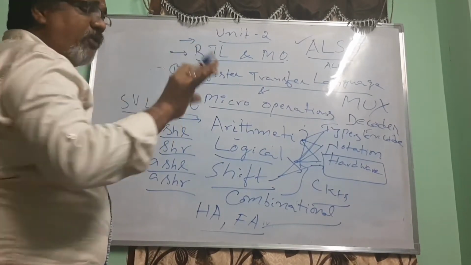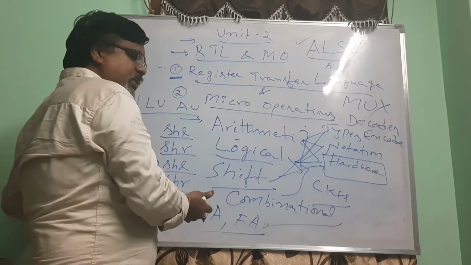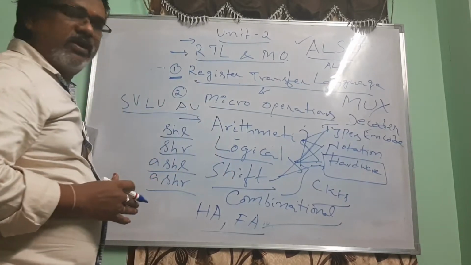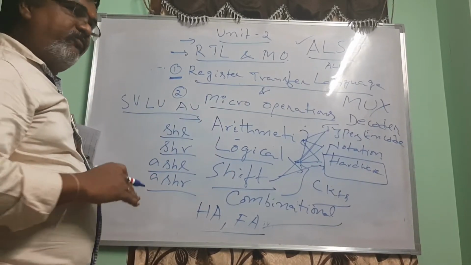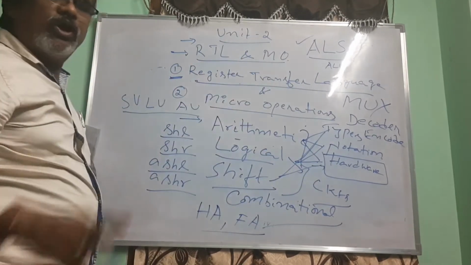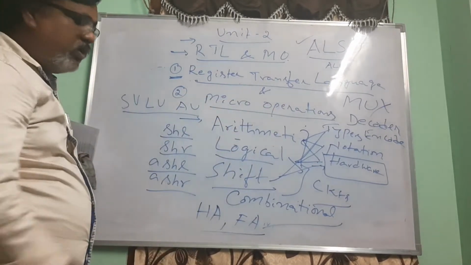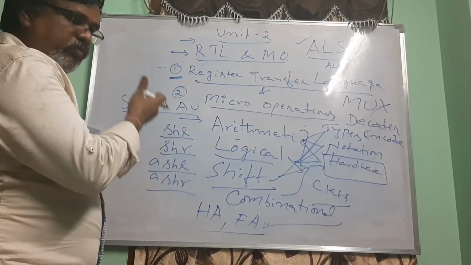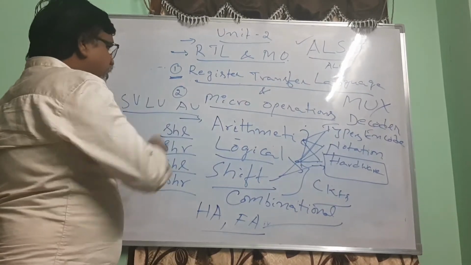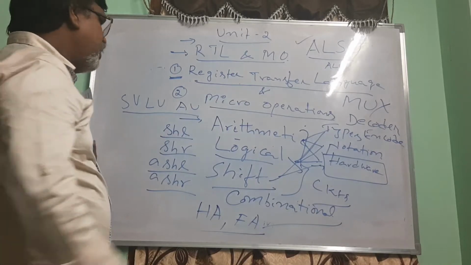After the end of this second unit, you should be familiar with this. This is the objective of this unit. If anybody asks you whether you have completed unit 2 of computer organization, and you want to say yes confidently, you must be well acquainted with all this. Then only you can say confidently that you have completed unit 2. These are the various points you must be familiar with by the end of this unit. These are the various topics in this second unit: register transfer language and micro operations.